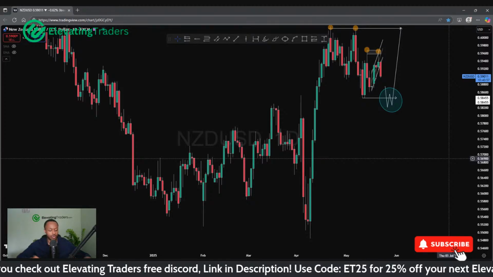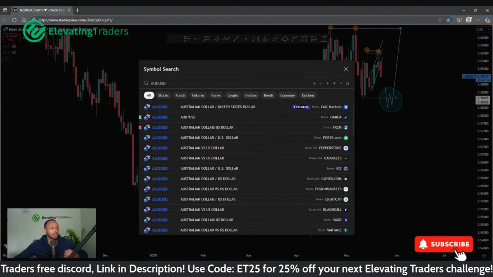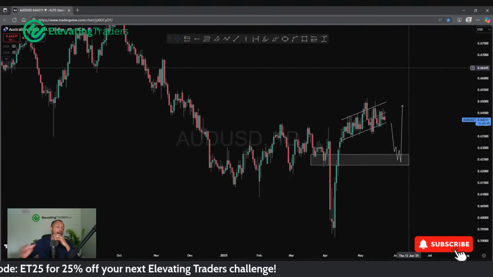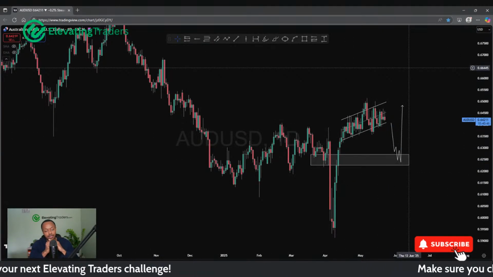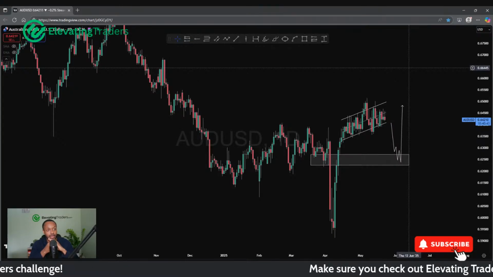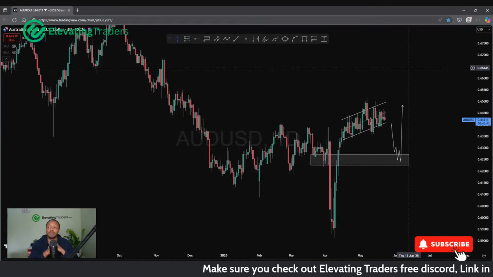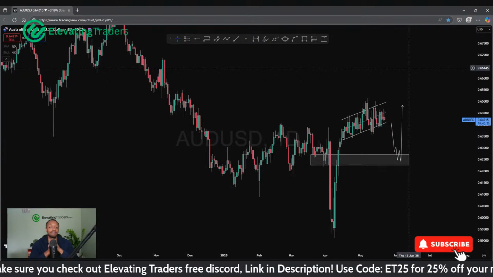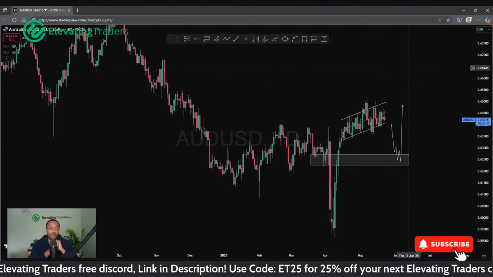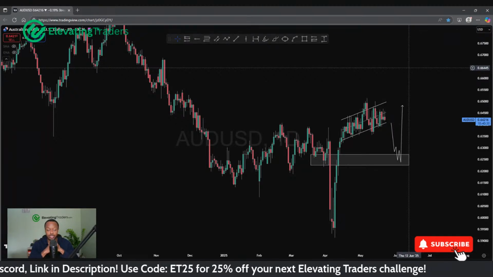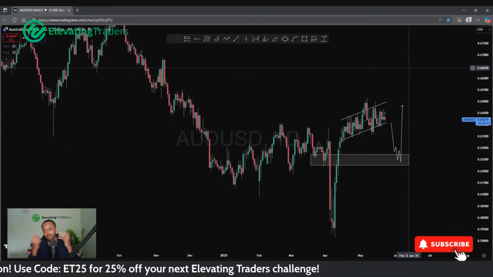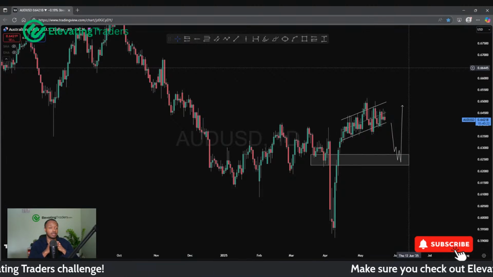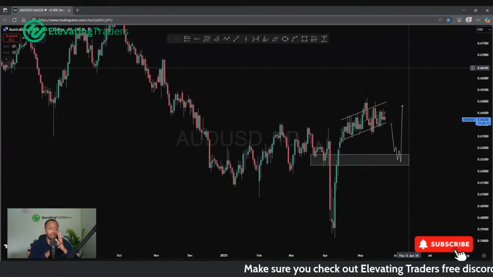It's the same situation with Aussie dollar, although I think Aussie dollar is looking a little bit messier. I'm looking for a push down for a buy. And yeah, the push down has to be pretty big before I look to buy that back up. But in fairness, I do think Aussie dollar will give me the bigger move. So if I can get the trade on Aussie dollar longs, I'll be quite happy with that, because I think it has a lot of room to maneuver into. Aussie dollar, New Zealand dollar, very similar pairs. I expect them both to push down initially, though, and then push up, hopefully, in the longer term.